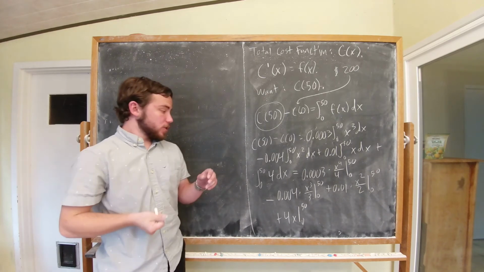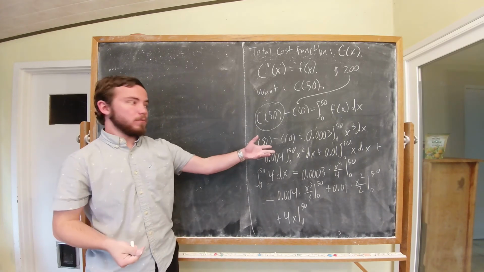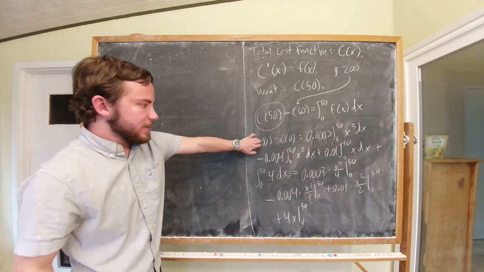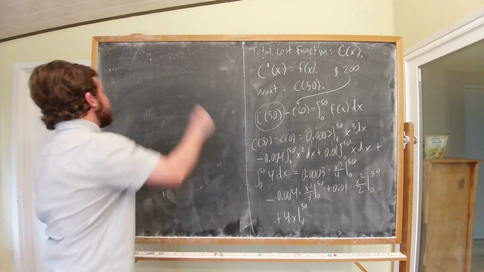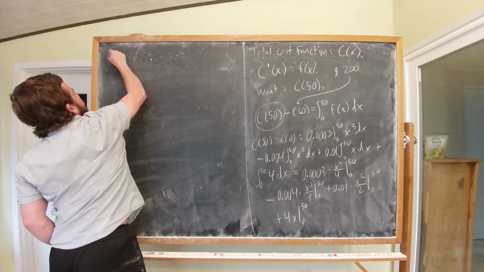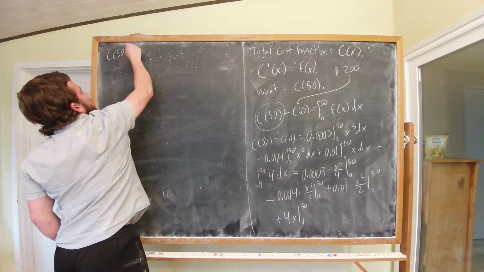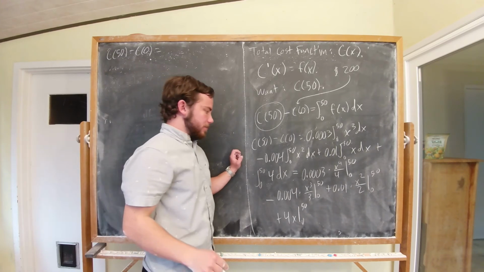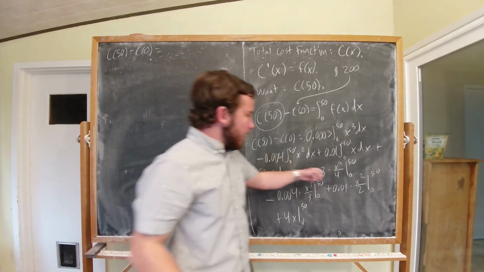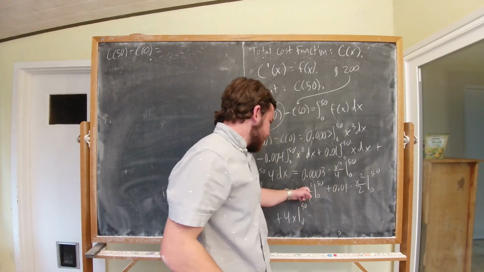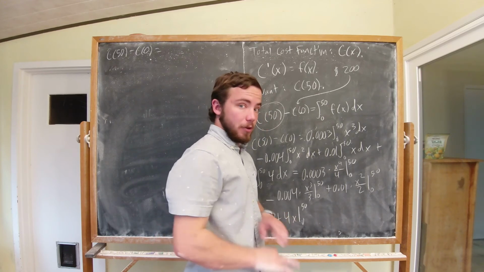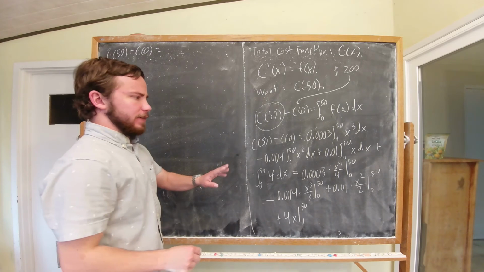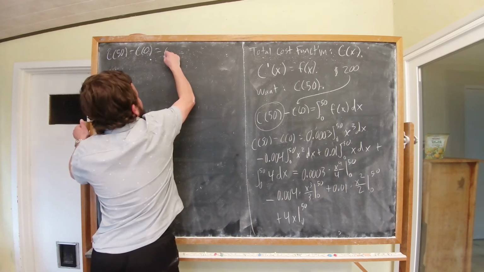All right. So where do we go from here? Well, we're just going to plug in our numbers. We're still finding c of 50 minus c of 0. If we plug in 0 to any of these, they all have a factor of x, so those will just drop, which means we're only really left with computing the 50s. So it's going to be